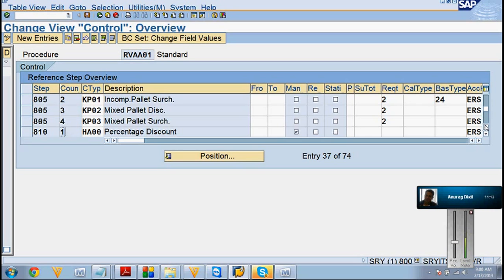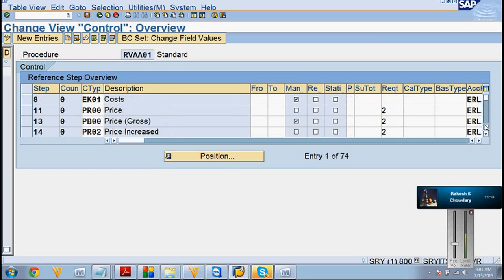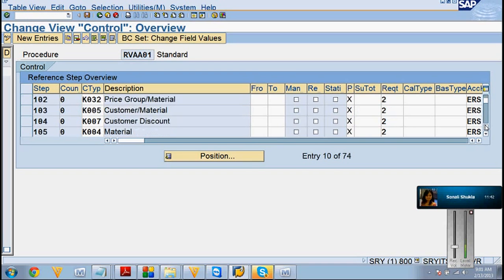Then now the big thing comes, the condition type. Do remember, condition types within a pricing procedure are dependent on steps and counters, right? As far as PR0 is concerned, it is only 1, that's why the counter is 0. But in some cases there are 4 different ones. You can see here: percentage discount, value discount, freight discount.